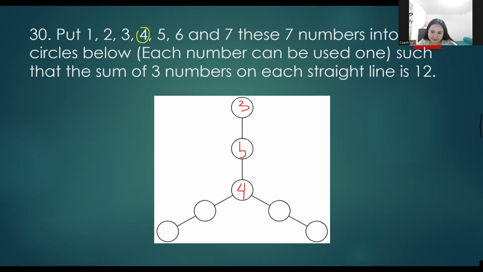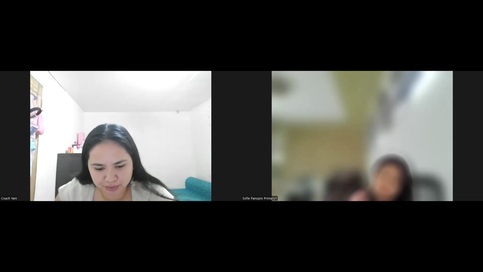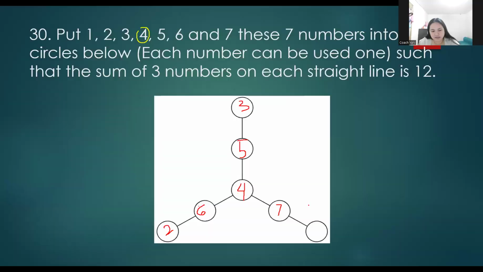And here again, let's say here 5, and no, let's see, 6, 2. Let's see here. Okay. It cannot be. It cannot be. You can put 7 here and you can put 1. So it will still be 12. Oh no. It can still be 12. What's the missing number? It's 1.